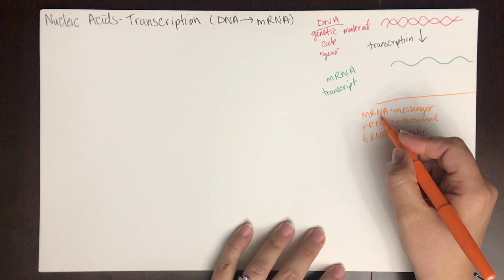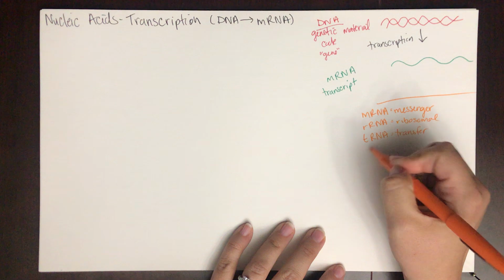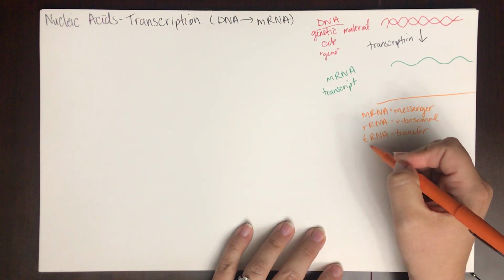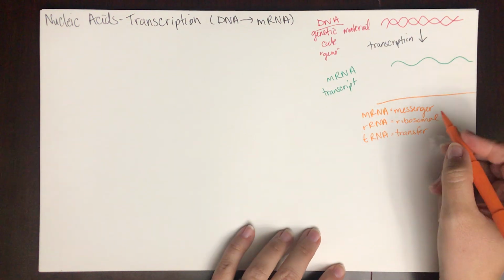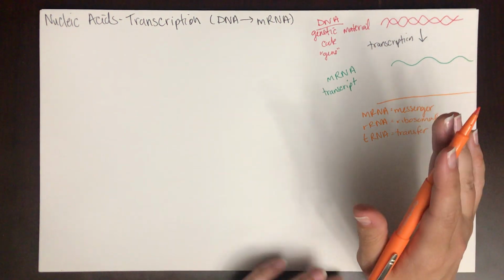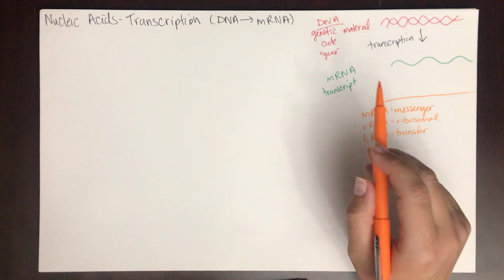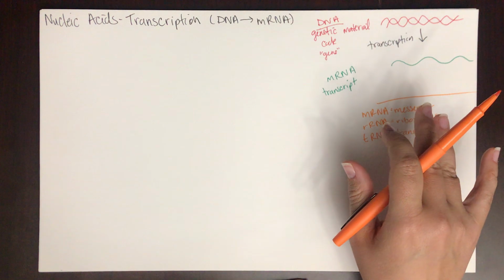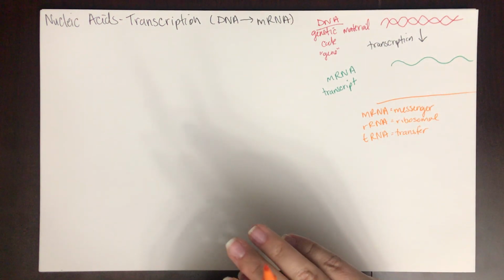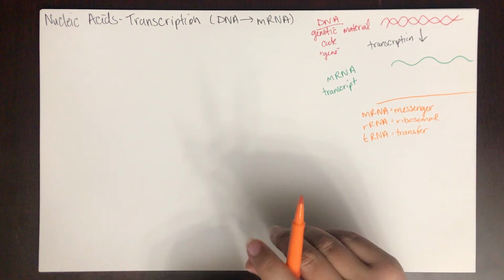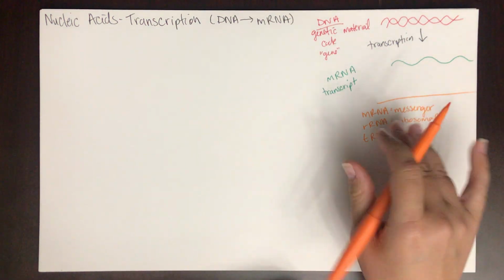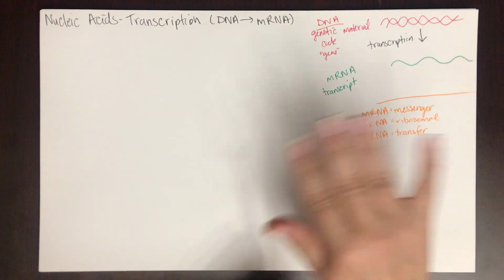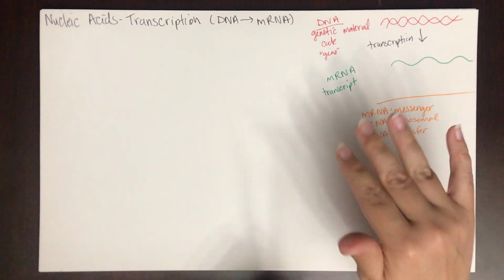So messenger RNA, M, and you'll see that the letters R, N, and A are capitalized, and the letters in front are lowercase. So these are different types of RNA. Again, just a little reminder, I know people are coming to this class with lots of different levels of biology. If this is all brand new to you, please watch the videos that I've posted that are kind of a crash course in replication, transcription, and translation. A lot of this is leaving out a lot of the more elementary reactions that are